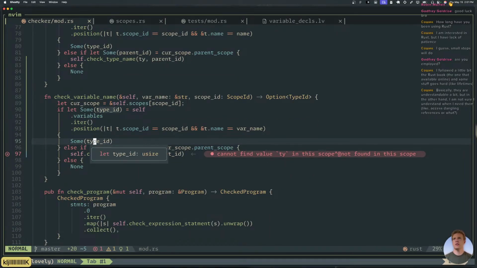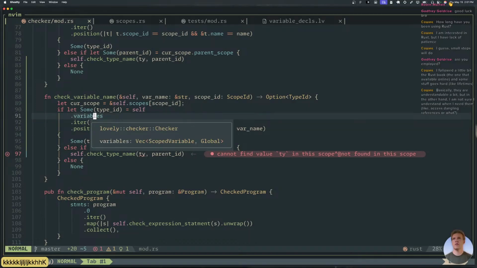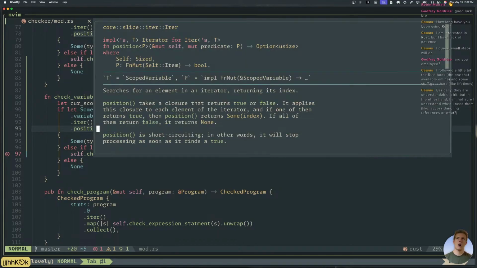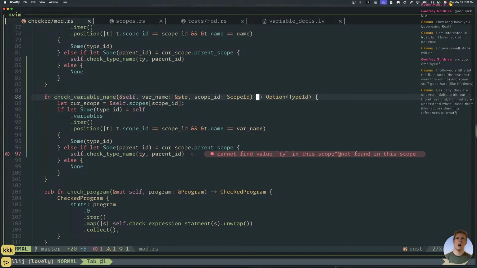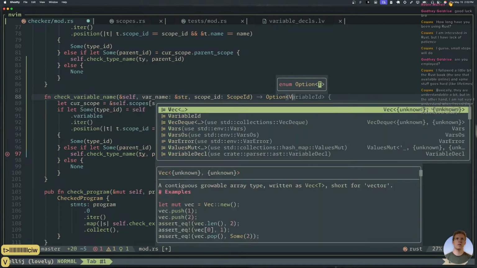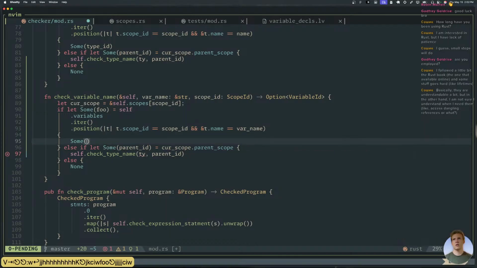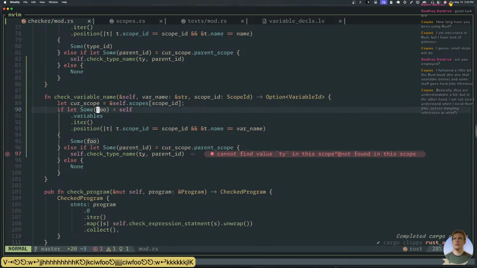I don't understand. What's the type I'm getting out here? Variables is an array of... How am I getting? Wait. This shouldn't be a type ID. This should be a variable ID. What is this foo?